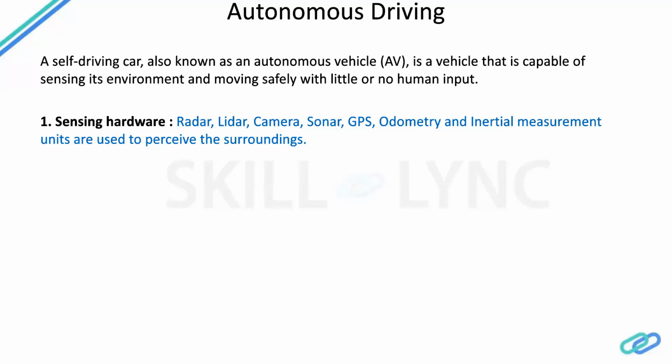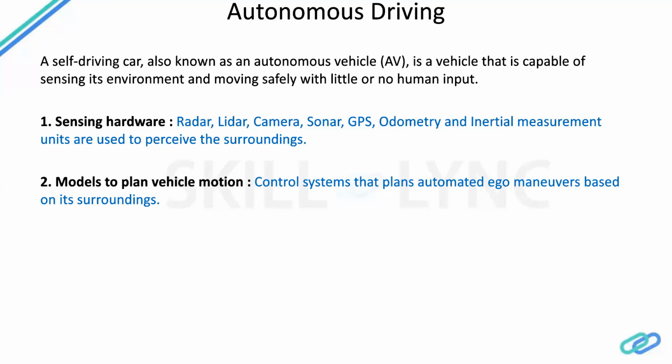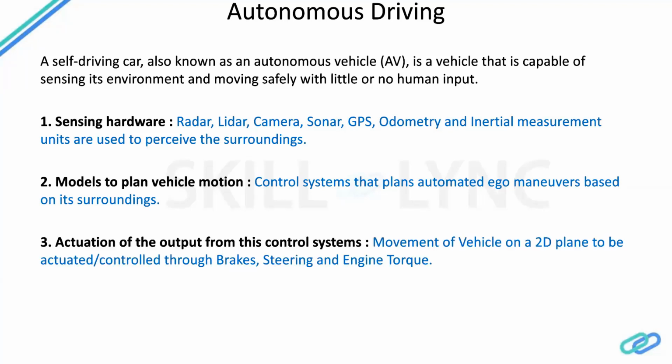Finally, this information will be given to a model which will plan the safe maneuvers of your ego in the defined environment. And lastly, this model will give me certain information, like at which acceleration rate my ego needs to drive, and what steering angle is required to move my ego in a lateral direction.